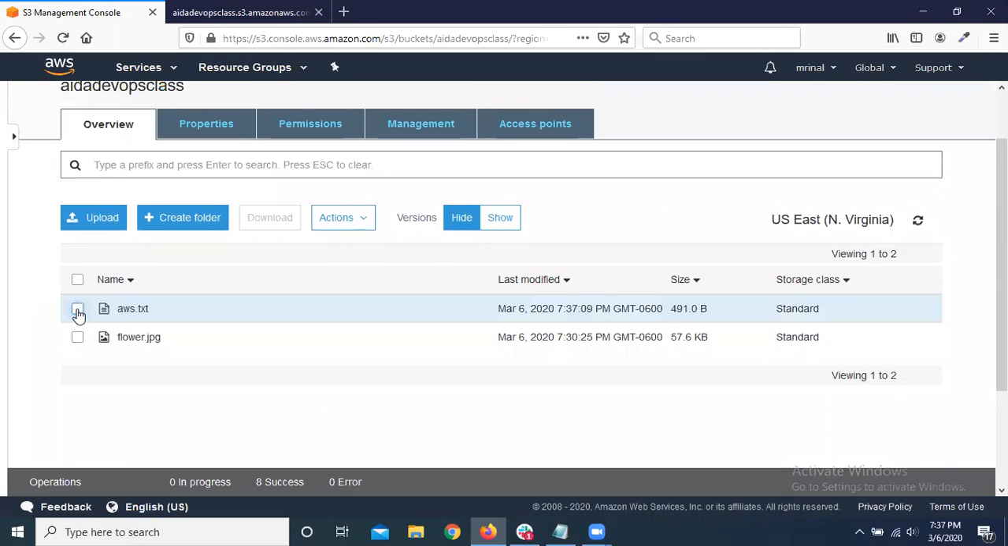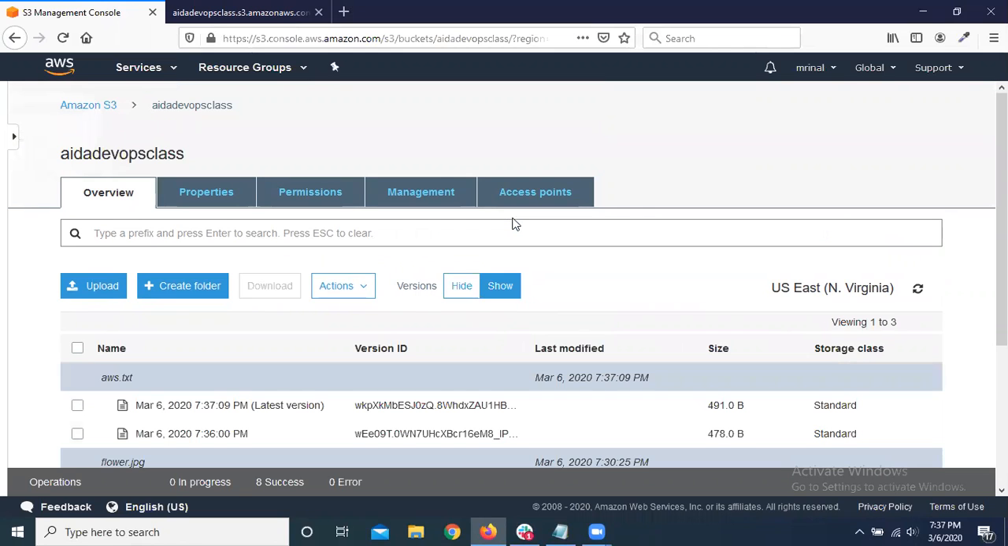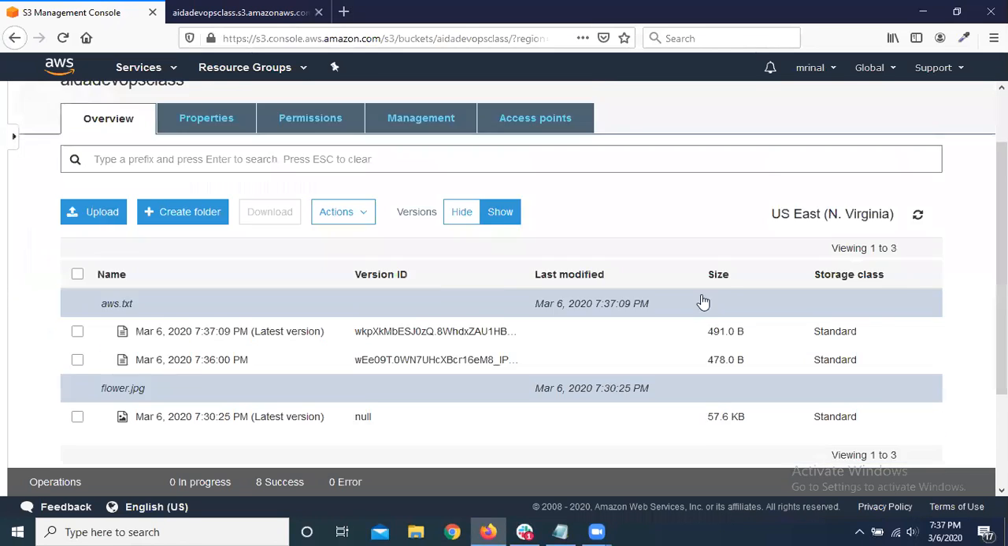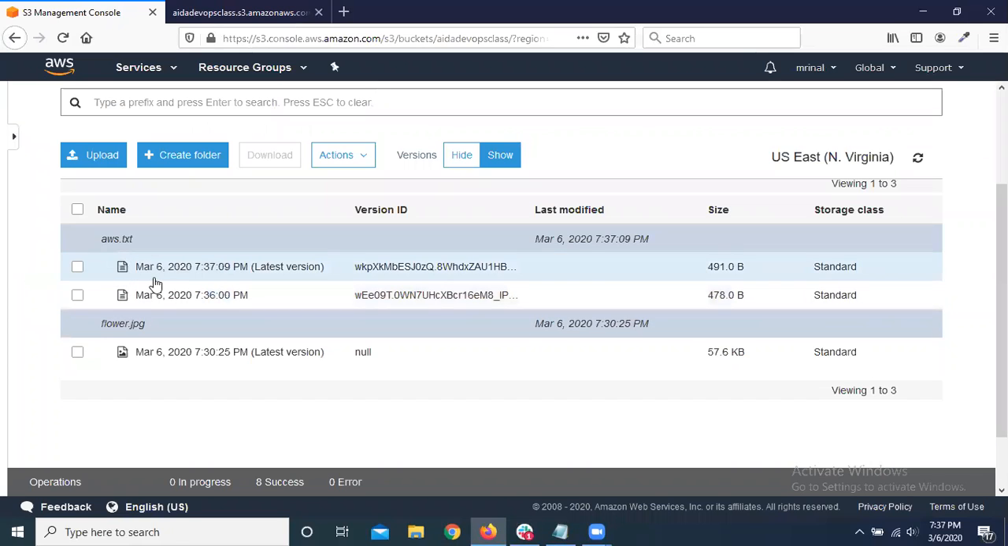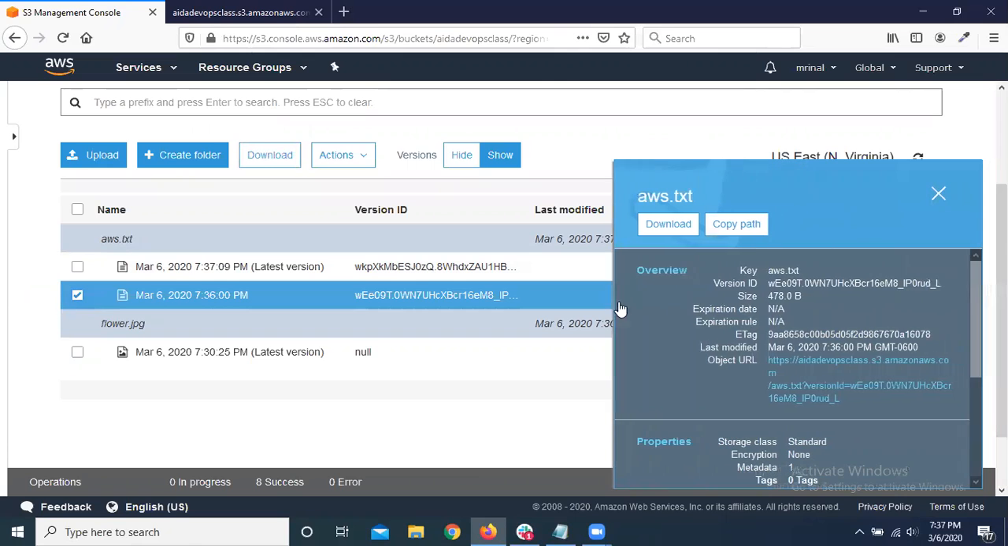But what are the other versions? If you click on show, that means show all the versions of the files. There you go. We can see it was actually the original version, the first version of the aws.txt file, and this is the latest version. So if you click here,